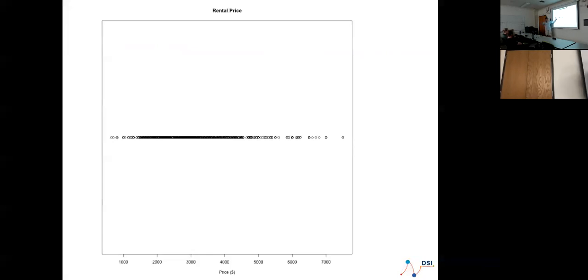We're only talking about the observed data. There is a point here for every single house or apartment or rental unit that I got. The trouble is, of course, there's only one here, only one here, but even here there's two. I can actually tell there's two that are $1 apart or something. I could change the plotting character to be smaller, so I can see even less.